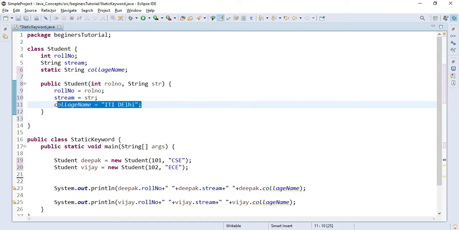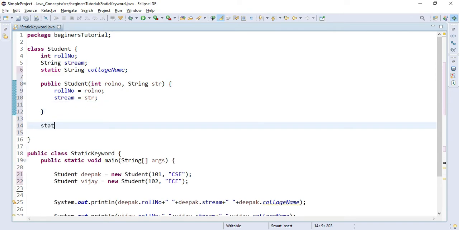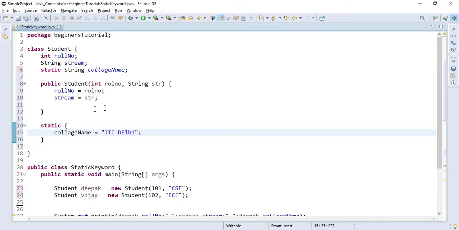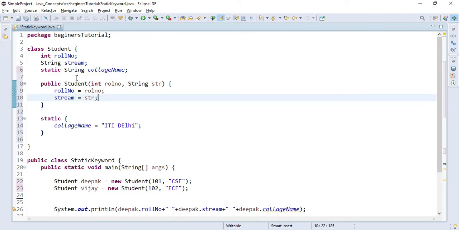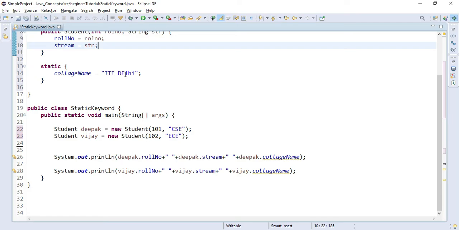So what I suggest is that you should initialize all the static variables in a static block, using the static keyword like this. There is no issue, it's totally fine if you define it in the constructor, it will work fine. But if you do it like this, it will be a good approach.